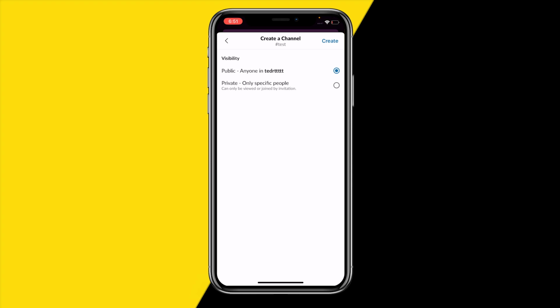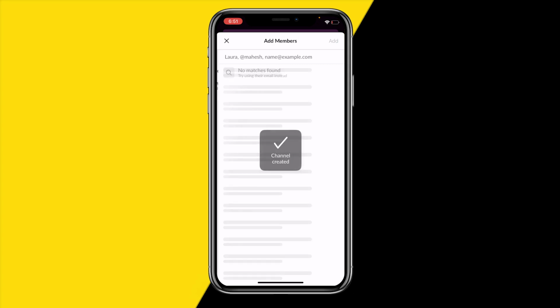Public means that everyone over on your team will be able to see it. Private means only a specific amount of people will be able to see it, and only if you invite them. Basically, once you've chosen public or private, what you can do is click on create,